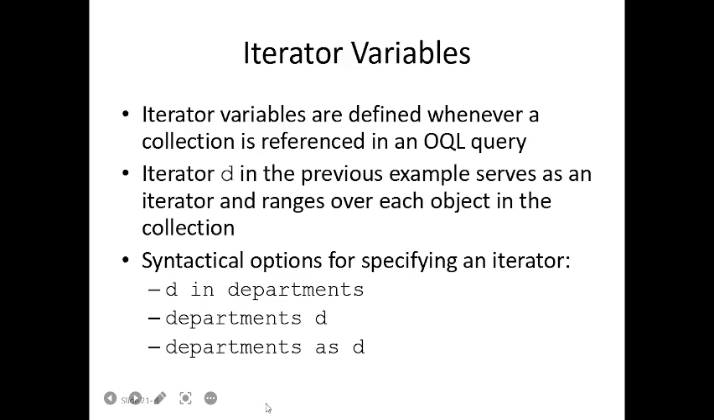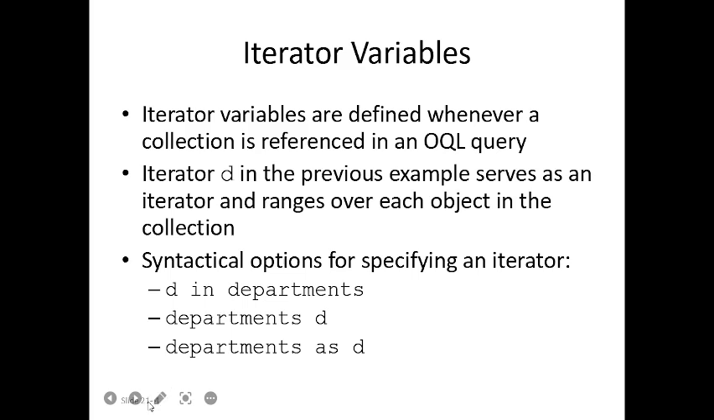For example, the named object departments is of type set department, persons is of type set person, faculty is of type set faculty, and so on. We can define it like this. And use of an extent name, that is departments in the previous query, as an entry point refers to a persistent collection of objects. So whenever a collection is referenced in an OQL query, we can define an iterator variable